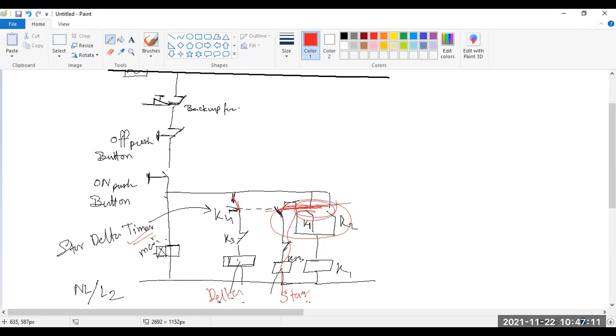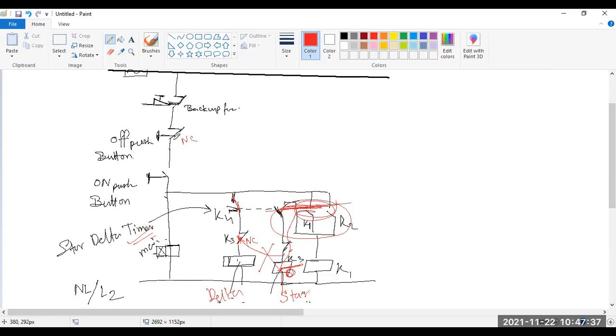Okay, and then another protection is there. Whenever K3, means if star is on, then it will cut this path. But whenever it stops, it will open this path because it's the NC switch. Look, this is NC, and this is also NC, the off push button.